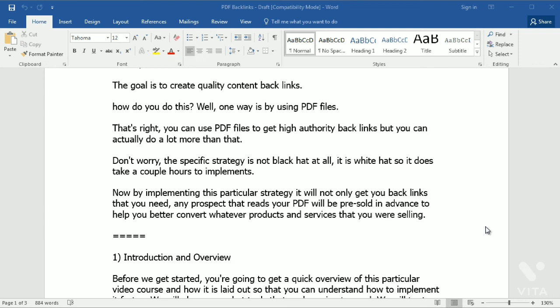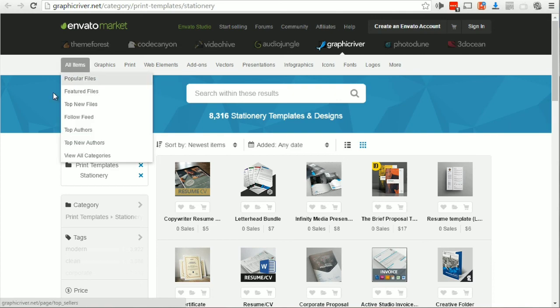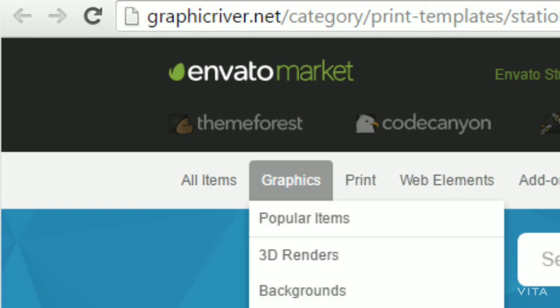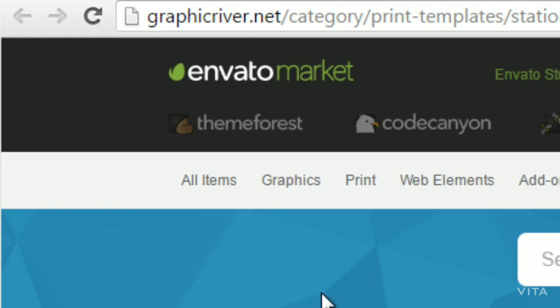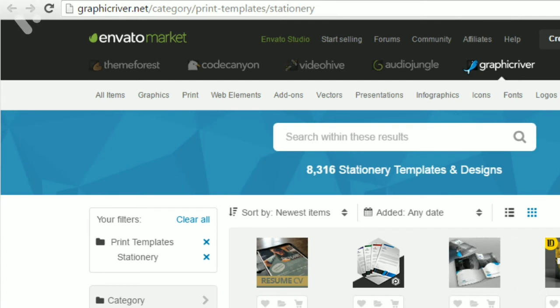Second of all, once you have added your content to Microsoft Word, you can go through, use bullet points, and highlight headlines and everything like that. But in addition to that, what we recommend is heading on over to a website called graphicriver.net. As you can see here, graphicriver.net is a marketplace that is filled with tons and tons of professional items like